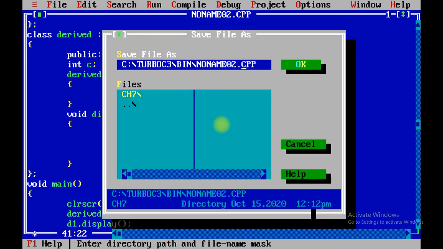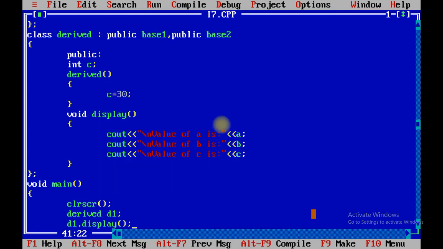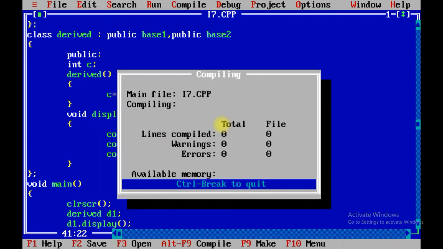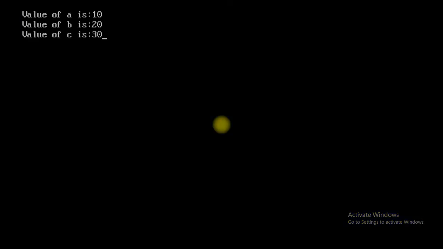Let us save the program. I think i7.c++. Yes. Now let us execute.